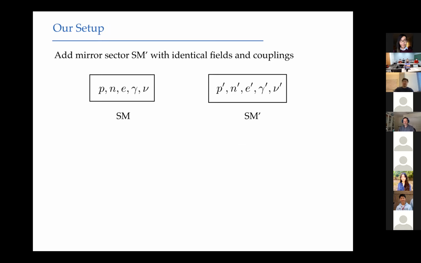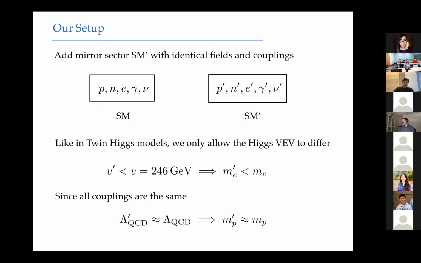These are the main fluids that influence CMB observables, and we're going to want to make sure that they're added in the right proportions with the right properties to give us what we'd like. And if you're familiar with the literature on twin Higgs models, we're going to want both sectors to essentially have the same properties. And here I'm thinking of mirror twin Higgs, if that's familiar to you, where in an effort to solve the hierarchy problem, you have a mirror sector of the standard model itself, same couplings, but different Higgs